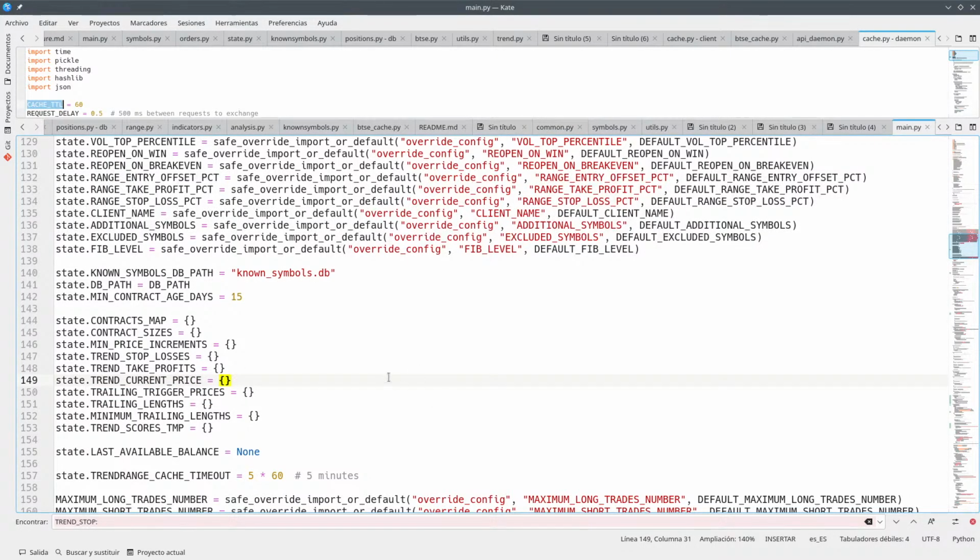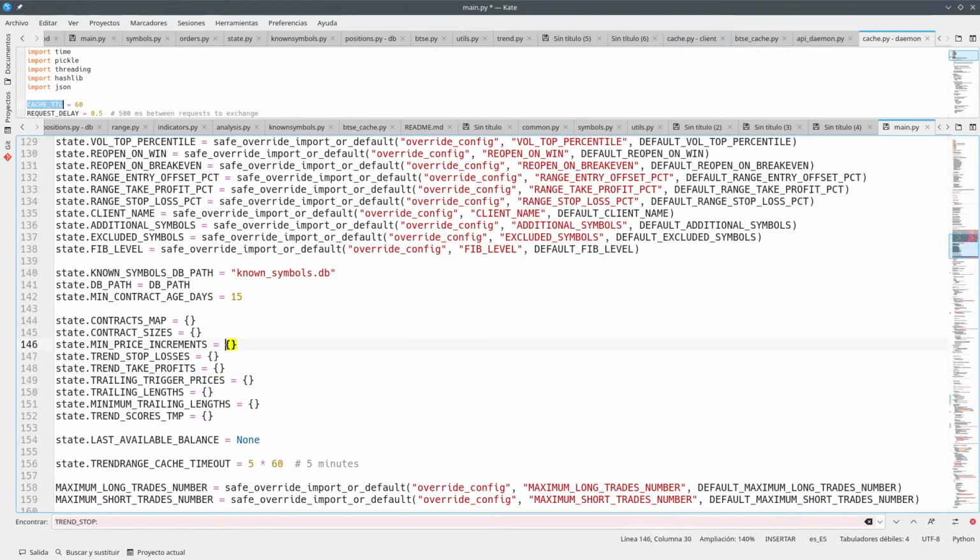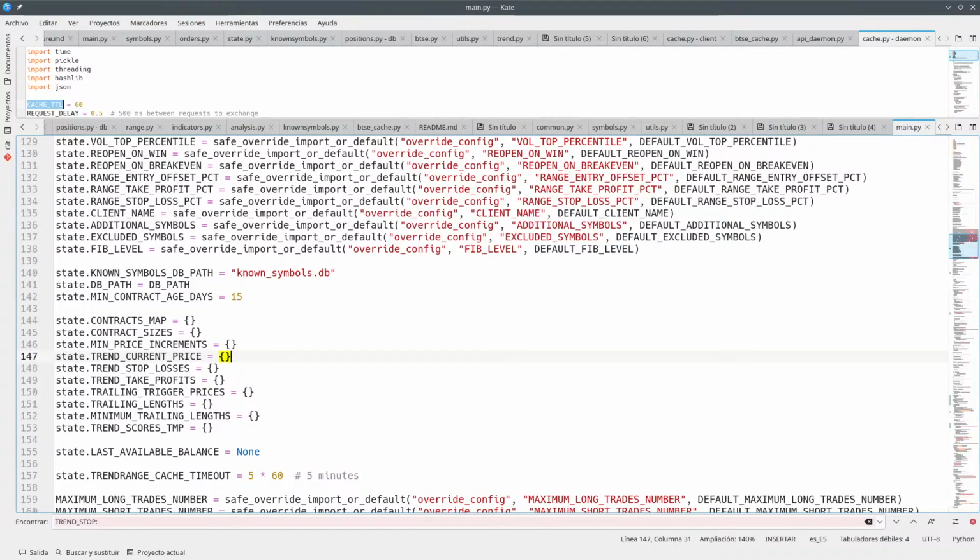Just under, maybe the first one, trend current price. The other one should be in